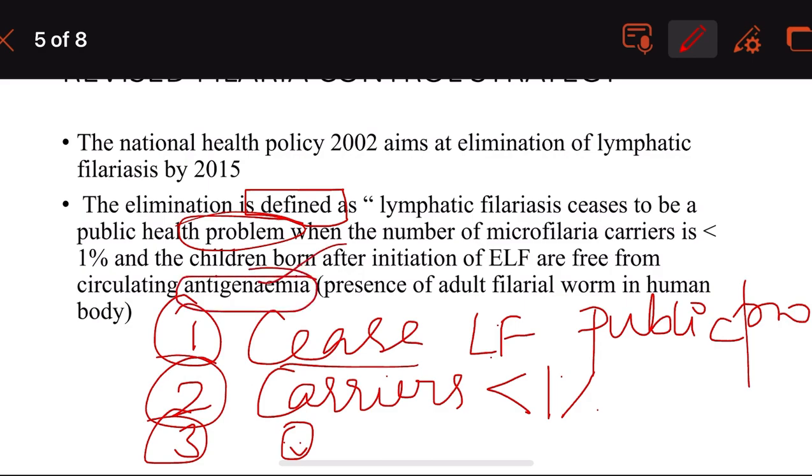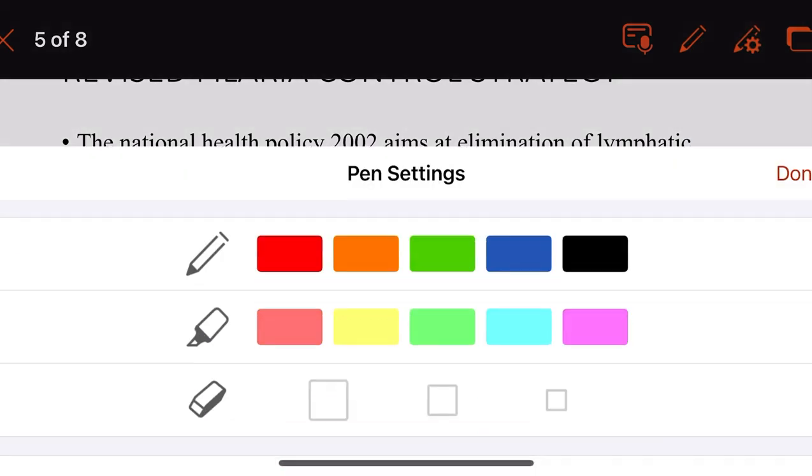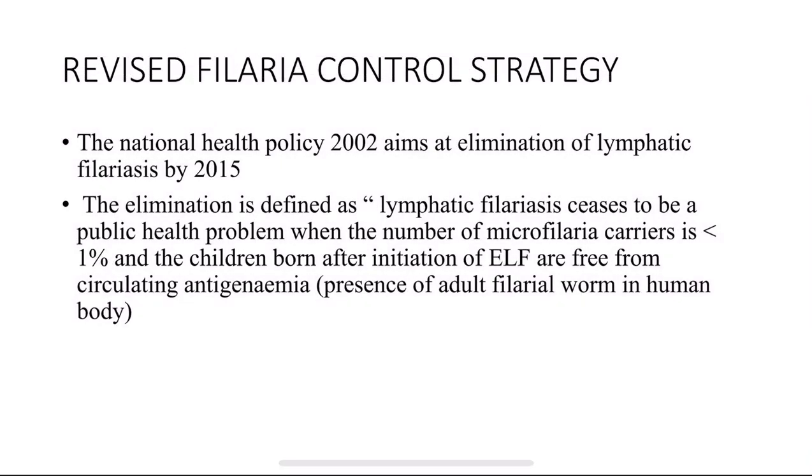What is this antigenemia? The filarial worm in the body should not be present in them. Okay, when they are born, there should not be the presence of filarial worm in the human body. Clear guys? This was the revised filaria control strategy. Very important whenever the national program is asked. From the exam point of view, you are supposed to mention about the strategies under each